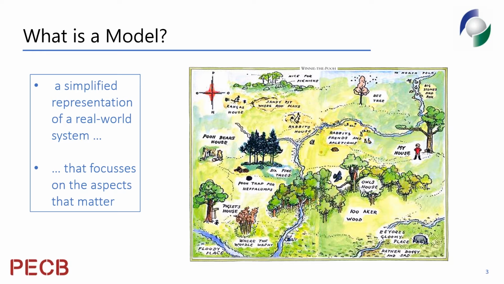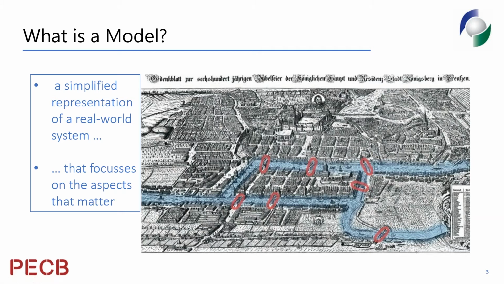But even a map can be better than this. Just as a simple model, it's not just something you can use for reference. A model is something you can use for solving problems. So even with this simple example of a map, we can look back to the classic Seven Bridges of Königsberg problem from the 18th century. For those that are not familiar with it, this was a situation where the Emperor of Prussia, to celebrate some anniversary, wanted to do a parade around the city of Königsberg in Prussia, and he wanted to visit every part of the city but cross each bridge exactly once.